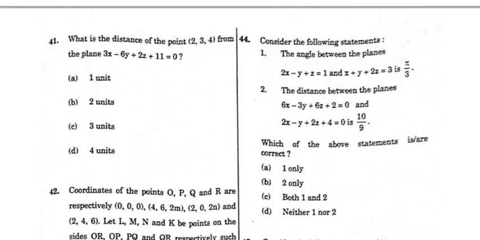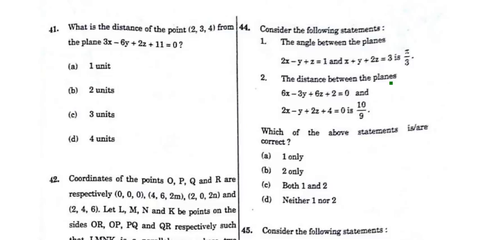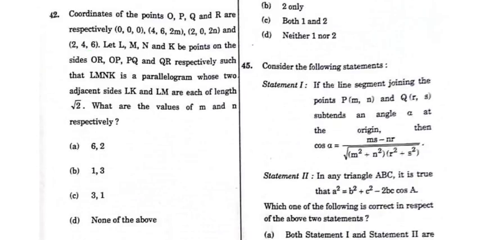Anyway, next question is, what is the distance of the point 2, 3, 4 from the plane 3x minus 6y plus 2z plus 11 equal to 0. So distance you have to find out. So right answer should be A, 1 unit. Okay. Next question is, coordinates of the points O, P, Q and R are respectively, this is